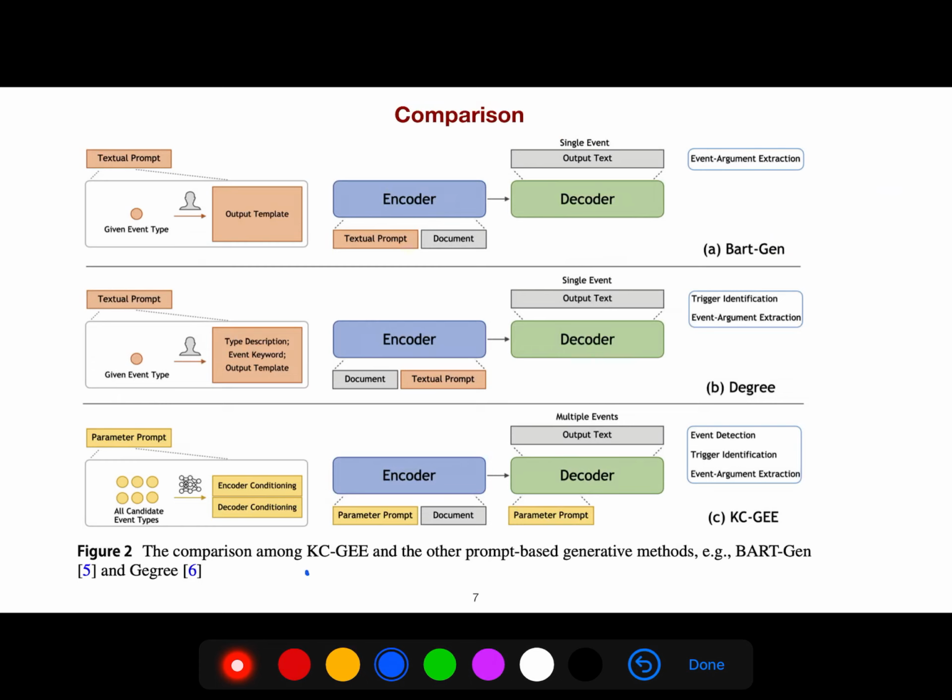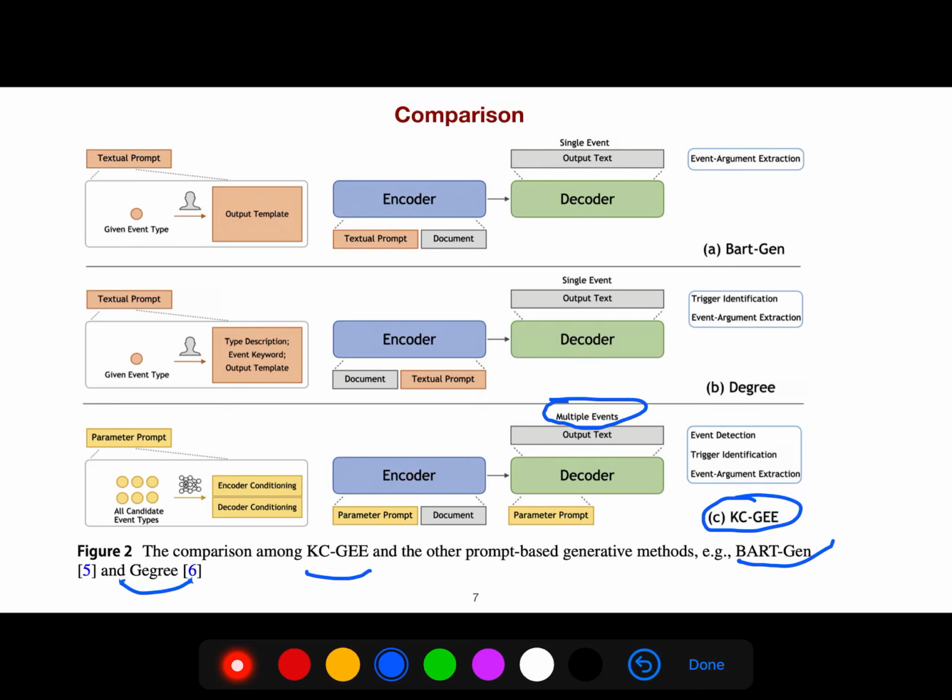So we compare this model with other prompt-based generative models, because there are many of them. For example, the BART generative model, and many other things. As you see, all of them have an encoder-decoder, but for the model in this paper, we are using multiple events.